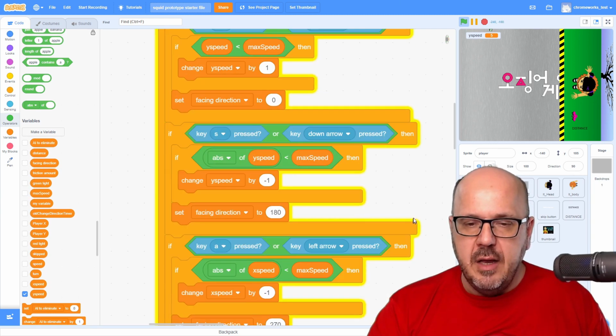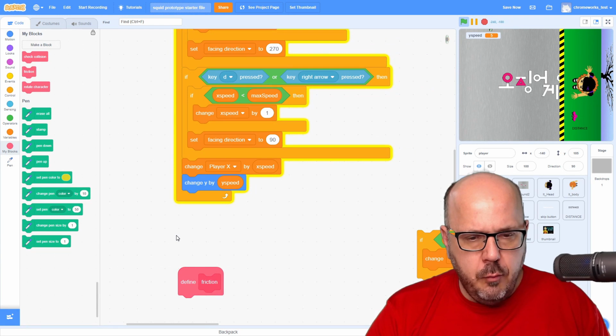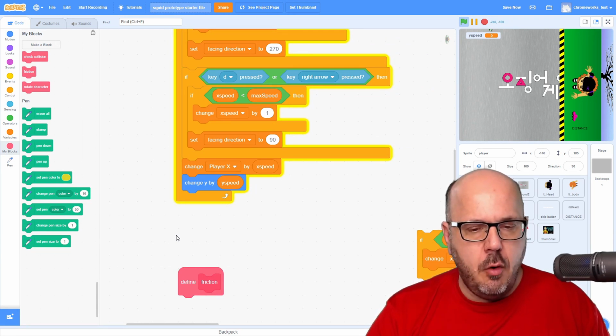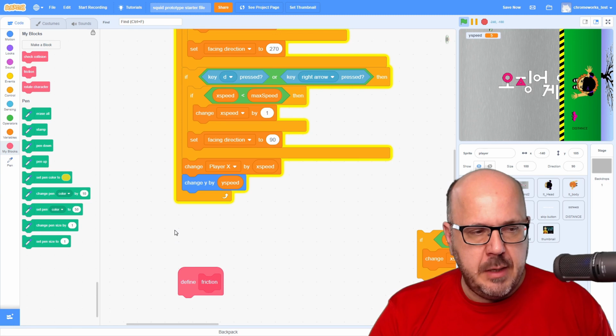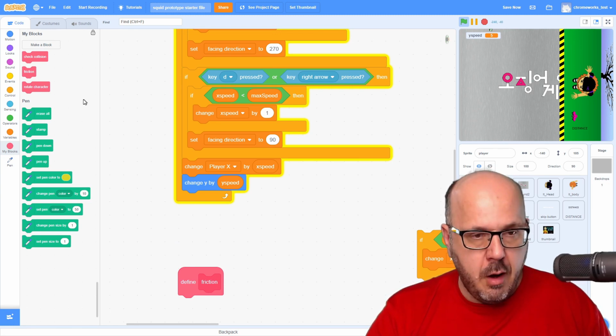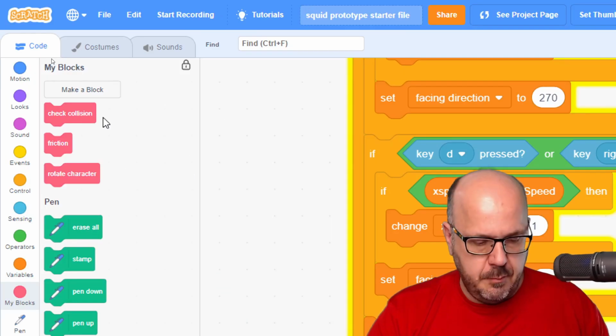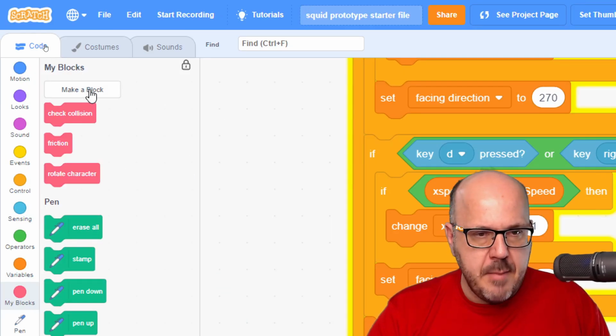Okay, so to implement friction, one of the things we're going to do here is keep everything nice and tidy. We're going to put the friction inside its own little section here, so we'll be able to find it again whenever we need to, and we'll make the code a lot more understandable to people who are looking at it later. So I've gone ahead and made a custom block. You guys will recall that to make a custom block, we just click on the Make a Block button under My Blocks,